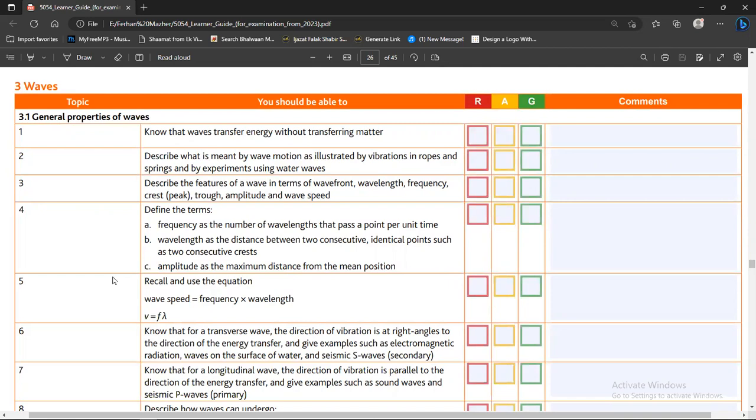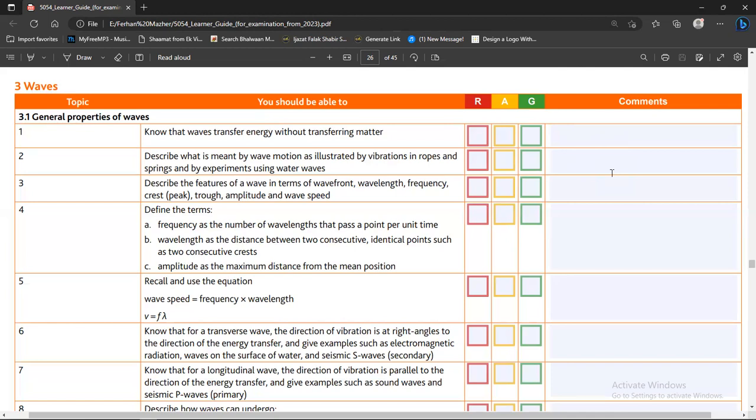So the first column here is of the topic, and this means these are the topics you will study. The second column, on which the heading is "You should be able to", has the content in the syllabus you need to cover. Then we have the check boxes. This is the third column here. And you can use the tick boxes to show when you have revised an item and how confident you feel